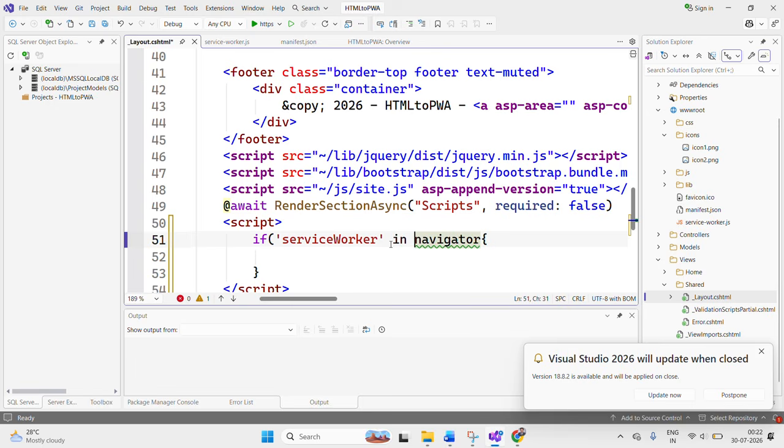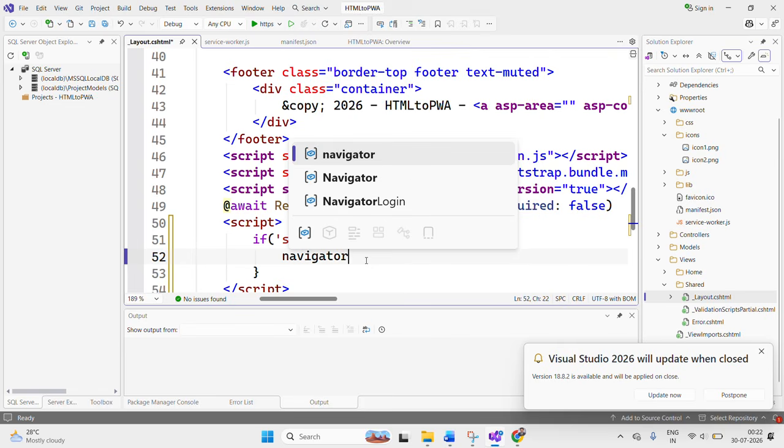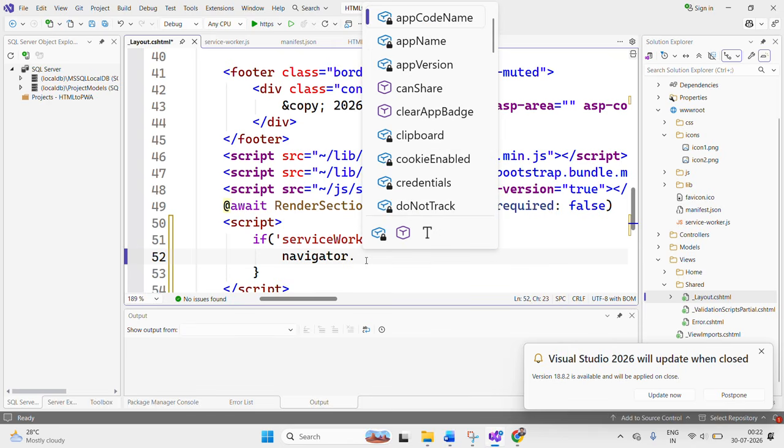Service worker in navigator. Yeah, we are getting the suggestion now, so it's correct. So service worker in navigator, and I just forgot to close. After closing tag you have to mention navigator. We are getting the suggestion now, navigator. Okay, dot